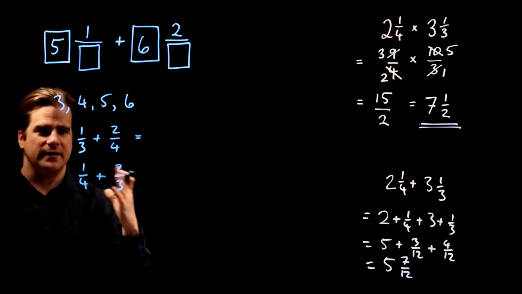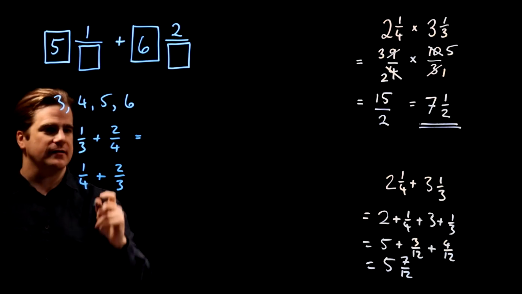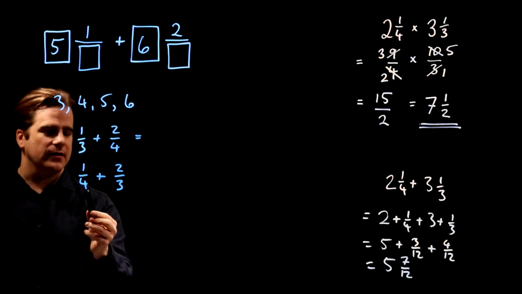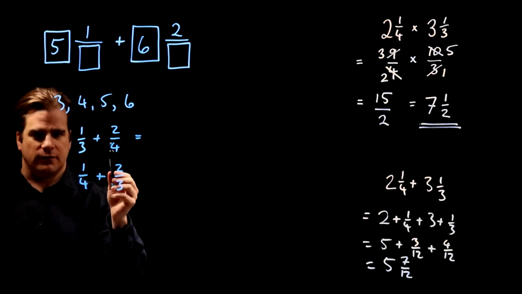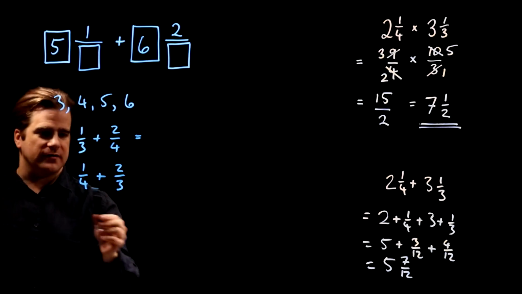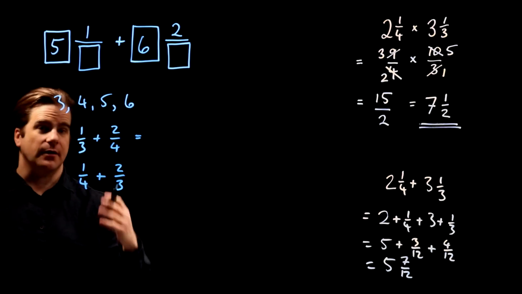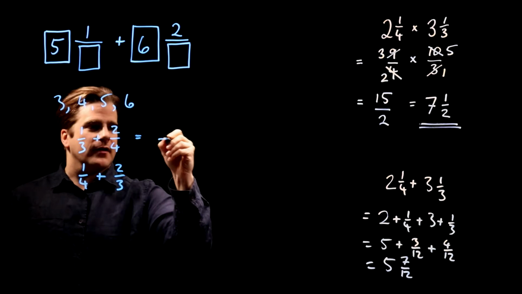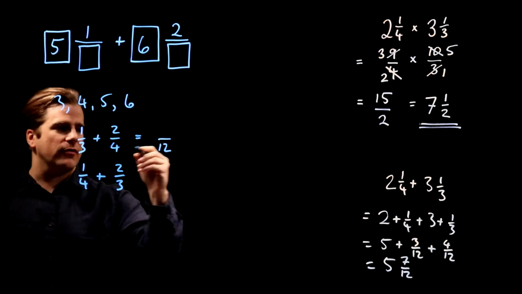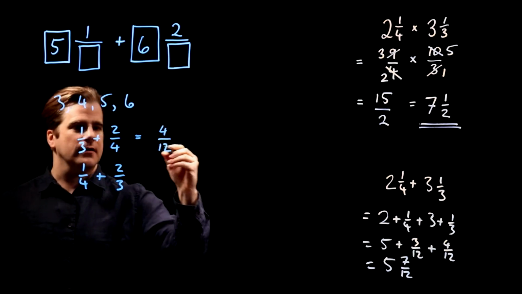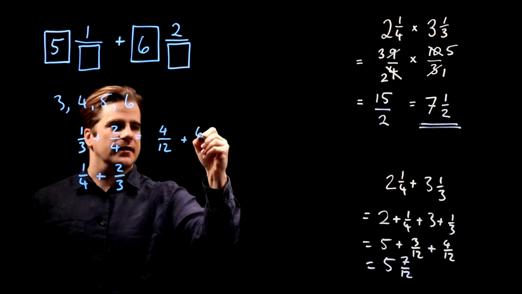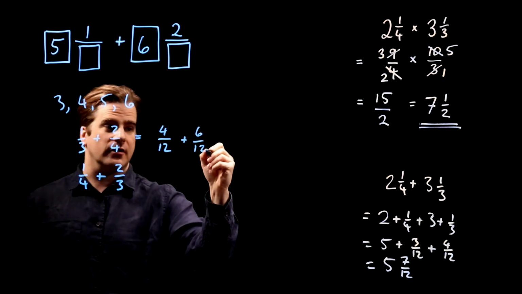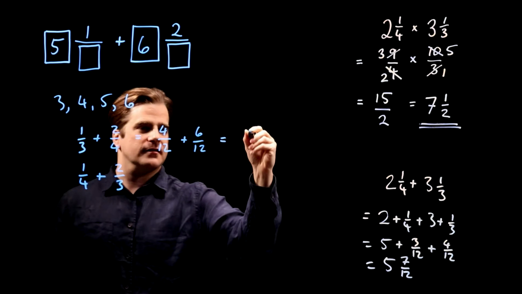Now 2 over 4 is a half. Yes, I realise we could do 1/3 plus a half, but I'm going to leave it as 4 and put everything over 12 because that's what this one is going to be, so we can compare them. So put everything over 12, so 1/3 is 4/12 plus 6/12 is 2/4, or a half. So that's